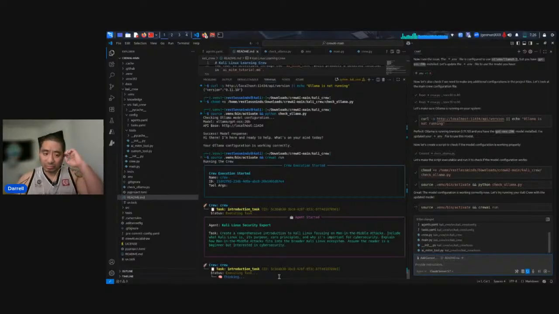So I might just reduce the model down to maybe Llama 3.1, but we'll see. I wanted to give GPT OSS a chance, but as you see here, it's pretty slow.